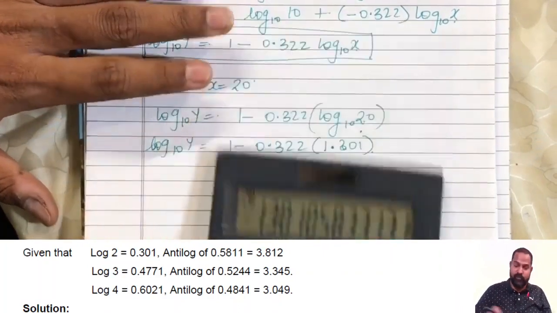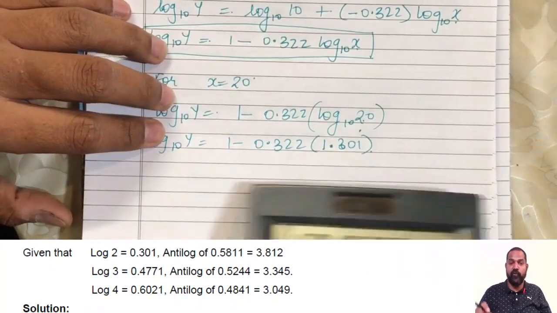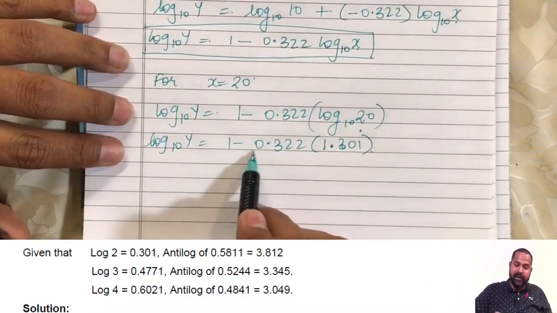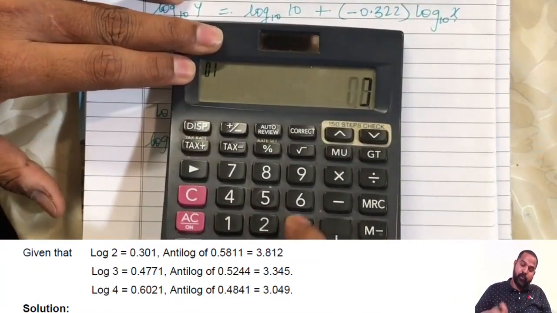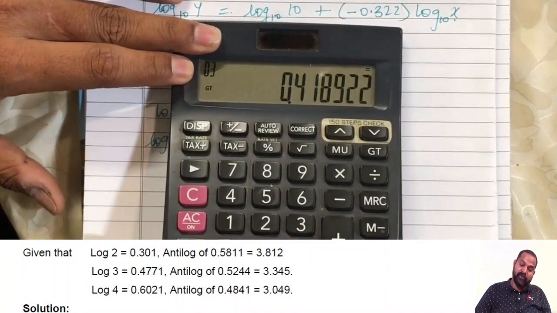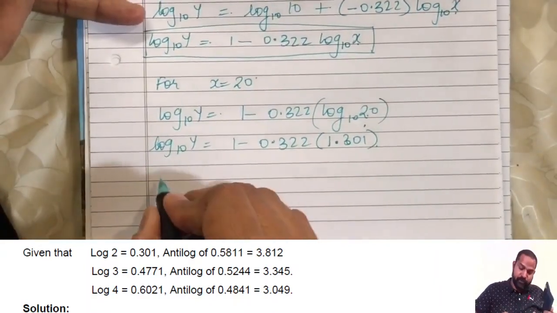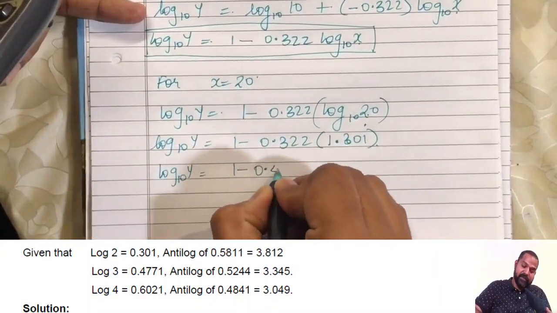1.301. Perfect. That is exactly what we were looking for. All we have to do now is simplify. Multiply the 0.322 with the 1.301. 0.322 into 1.301 is 0.418922. So I get log of y to the base 10 is 1 minus